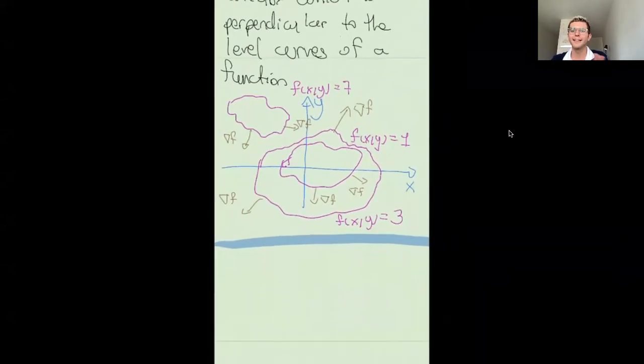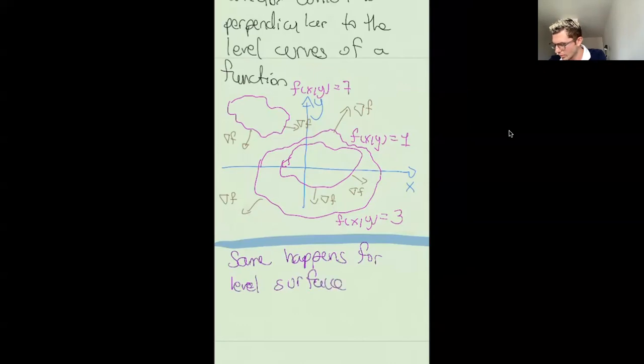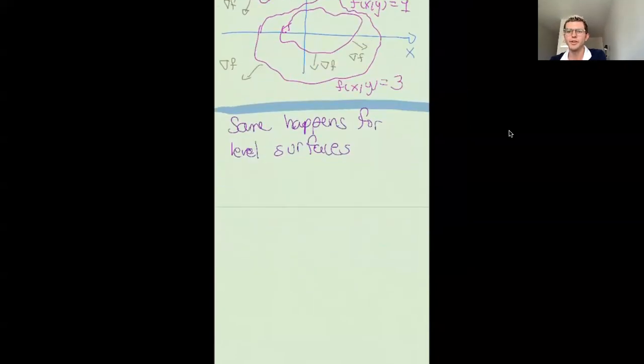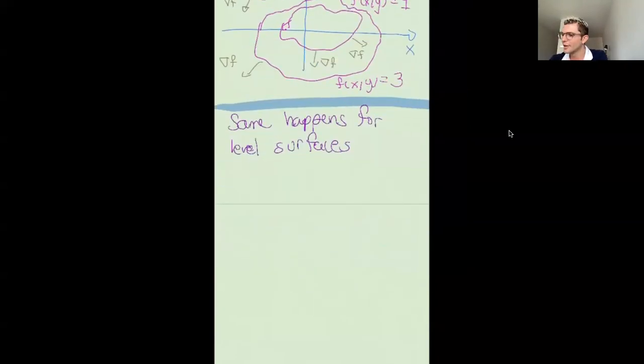So this is not unique to level curves. We also talked about level surfaces, right? So the same happens for level surfaces. Meaning by that, I just mean that if you have a level surface, right? Level surfaces are surfaces, right? So this could be like